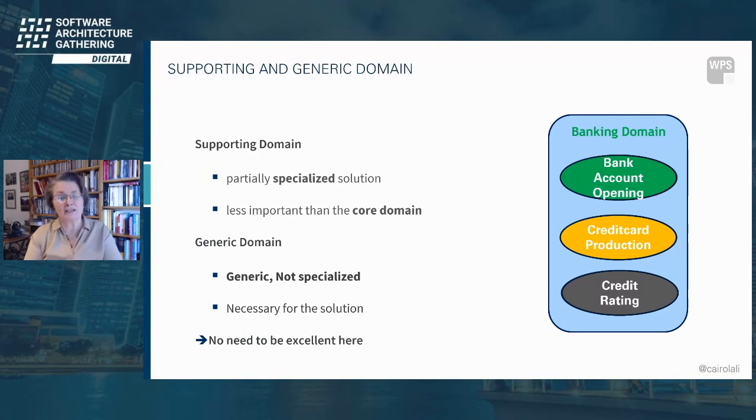So if you are faced with a decision of which of the existing legacy systems to improve first, then choose the system that is used in the core domain. Choose that part of your software, and I hope you can start a discussion in your company about the domain and the subdomains that you have, and can find that part of the legacy solution that is the core domain, and you can invest in there and start to work on that part of the system.